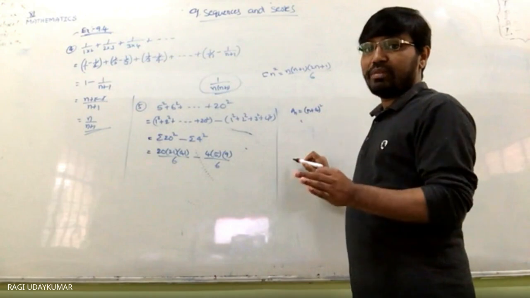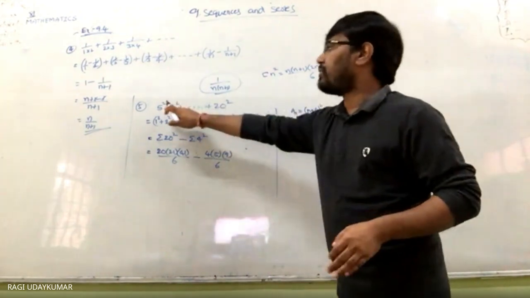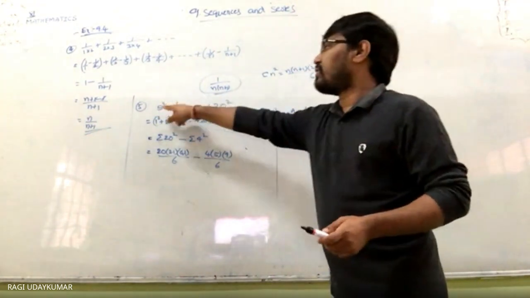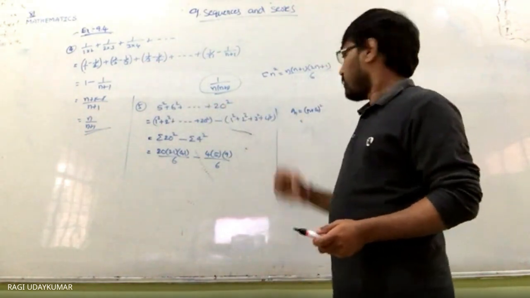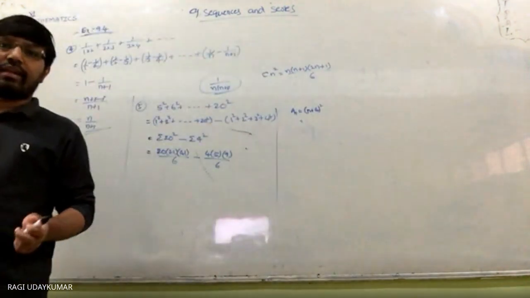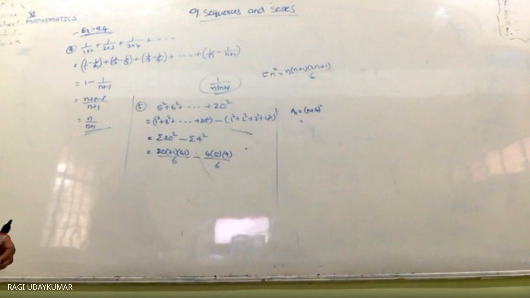But here n should be taken as not 20, but 16, because the number of terms you get is 16 only. This is the first term, second term, and so on, till the 16th term. So n equal to 16 is to be taken and the sum found. In the same way, you get the final solution, but the easy method of doing the problem is the first one. Okay? Understood?